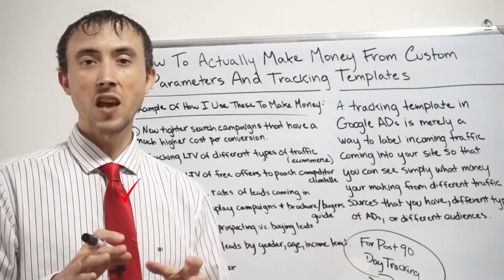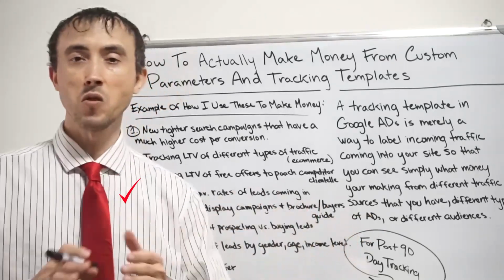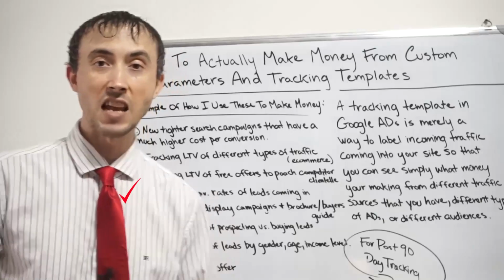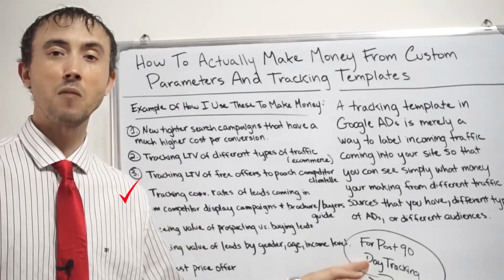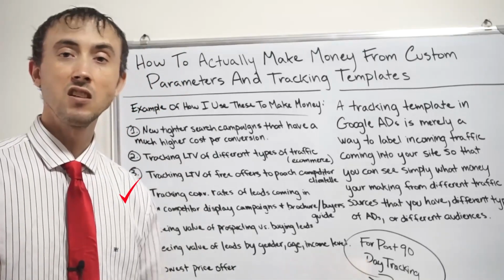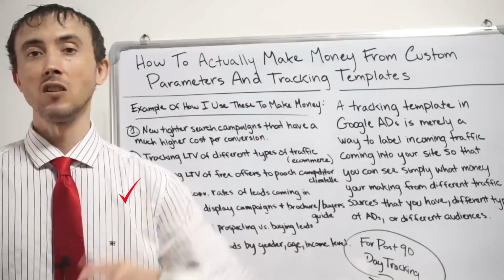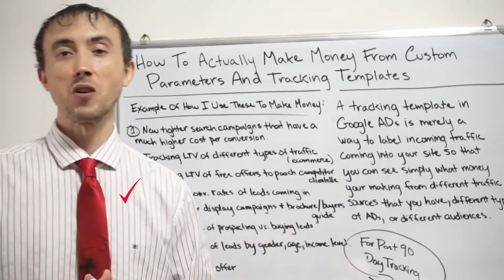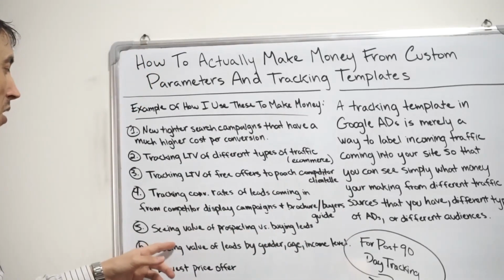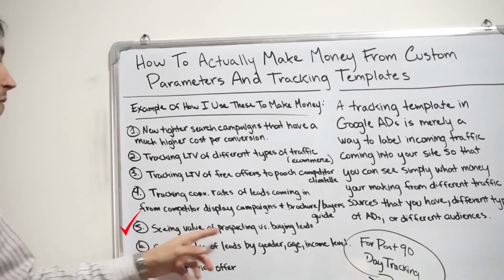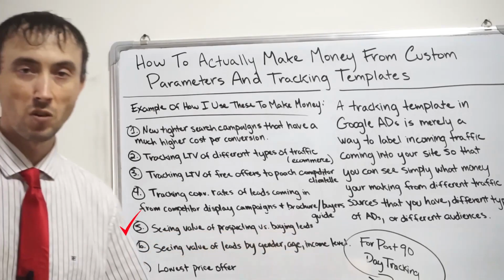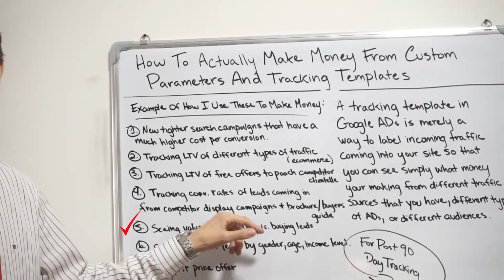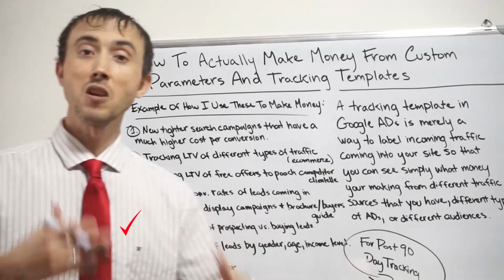What's the cost per sale for somebody who goes through the buyer's guide and eventually buys past 90 days, given that Google Ads can only track up to 90 days, versus somebody we send directly to the site and hope they purchase outright. So, along with that, number 5 here, you could see the value of prospecting versus buying leads overall. This is also kind of tied to what I just said, but to give you another example here,